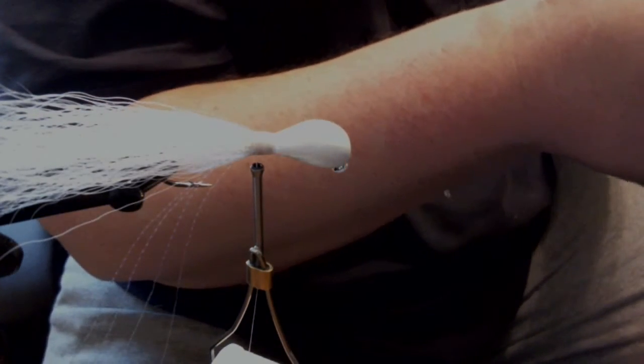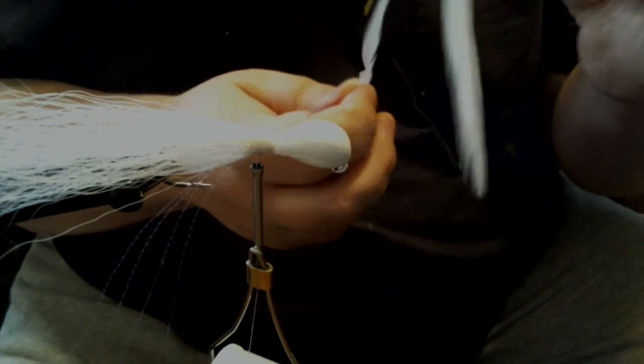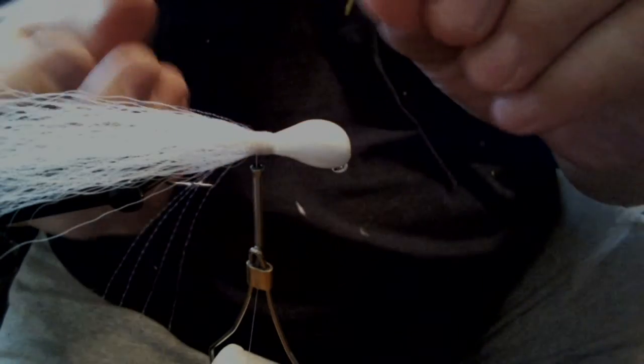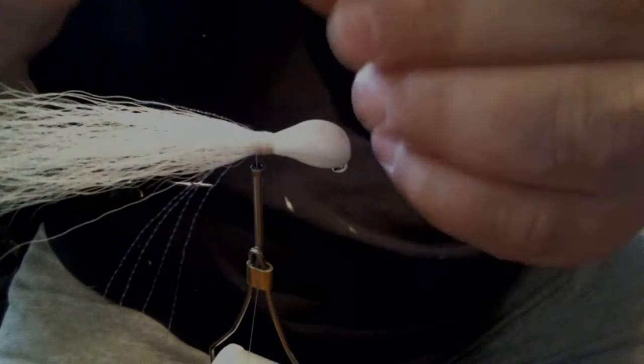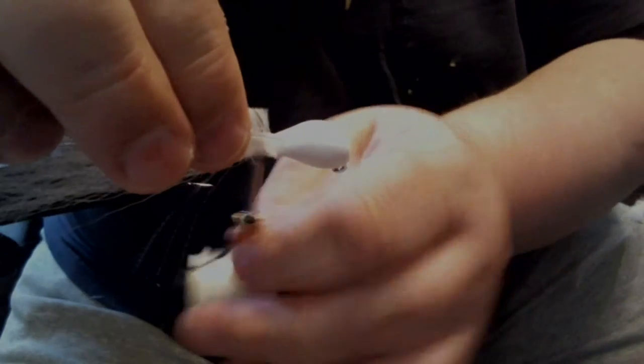Now we have all our hackle. I'm going to tie it in. First thing I do is I look to see if there's any curvature or bend. If not, I'm going to tie it in just normally straight. If there is a bend in it, I want it to be hands apart, so that it comes out the back and it's like a split tail. So what I'm going to do is pull some off the end here, and